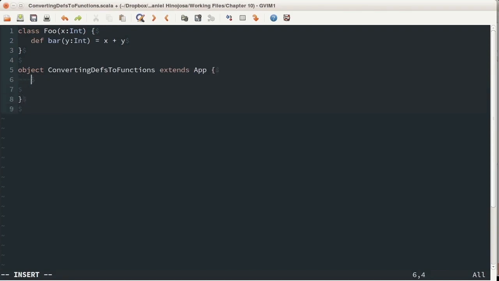Okay, let's get started here. What I'm going to do is I'm first going to set up foo. So here we go, new Foo(10). Then what I'm going to do is the following. You ready? I'm going to take val f, I'm just going to call it f, and this is going to be assigned to x. Remember, x is the reference to foo.bar. But let's say I don't want to give it anything. What I want to do, and I'm going to use a placeholder here, is state right here, look, x.bar,